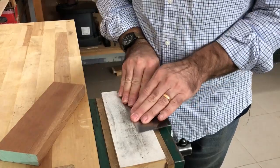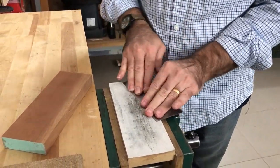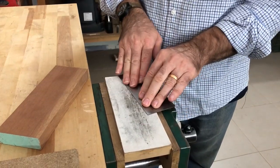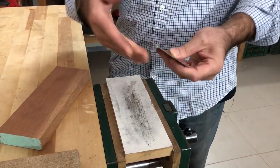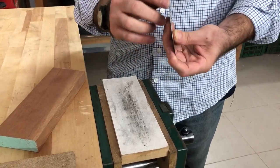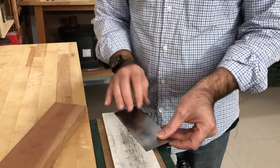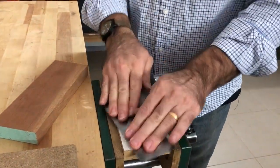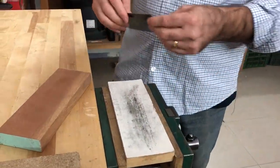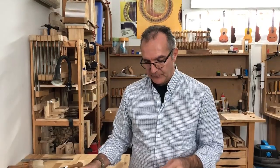I am going to run it into here a little bit more flat again, but this time I'm running the scraper away from or into the edge, so that any possible burr that is left here is going to be cut away from the edge. Okay, so now that I have my 2 edges ready,